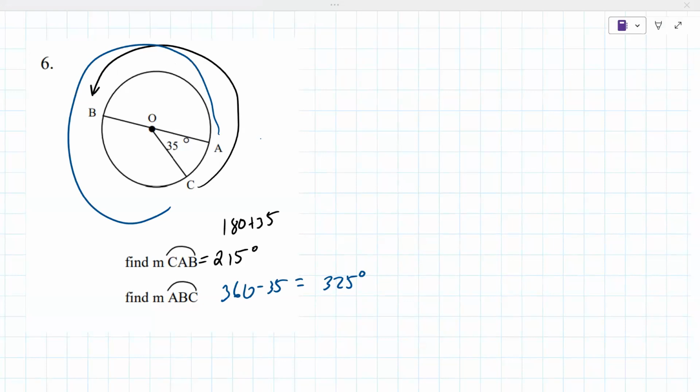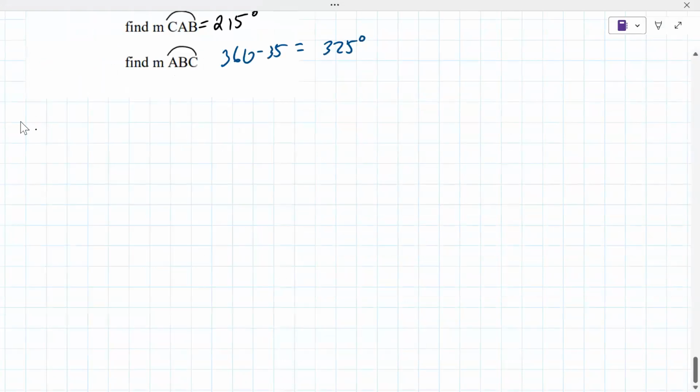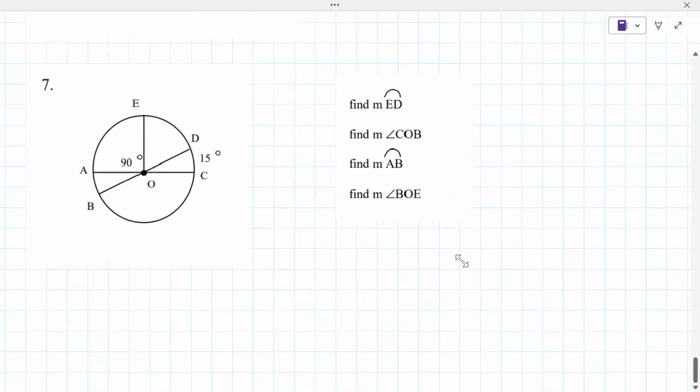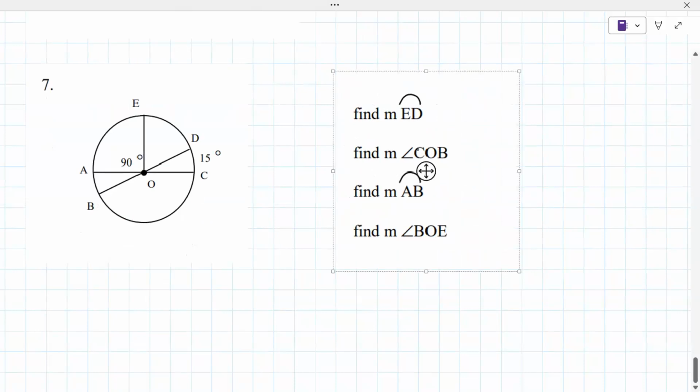Let me grab two snips for these. So let me grab what it's asking for. So again, if you see that little eyebrow, that's an arc. This little thing here, I don't call it, but that's the angle measure symbol. So go ahead and find each of those for me, please. And you may have to draw it. I know it's not that convenient, but